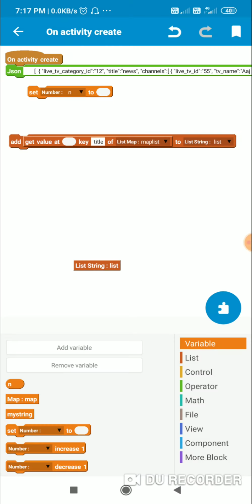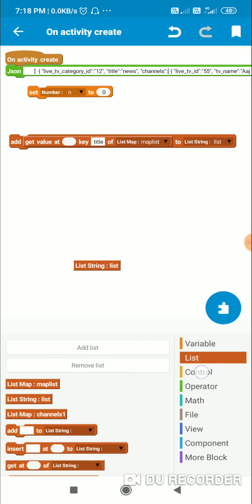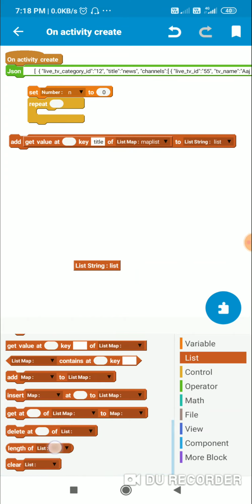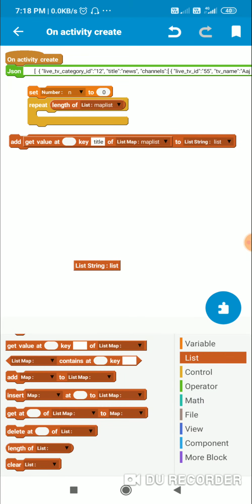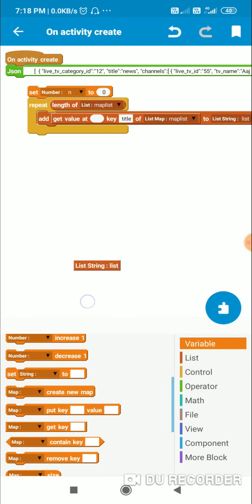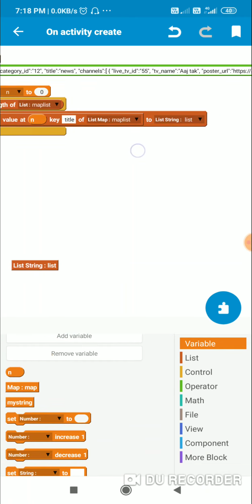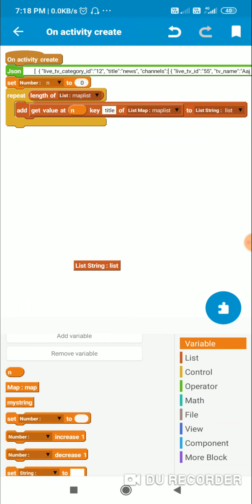then I will use this repeat block, repeat for the length of this map list, add get value at n, key title of list map map list to string list, and each time it repeats I will increase n by 1.